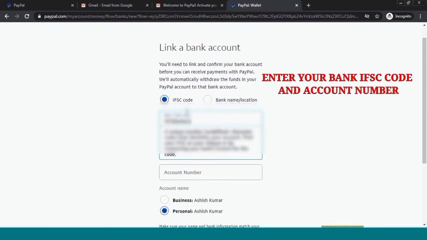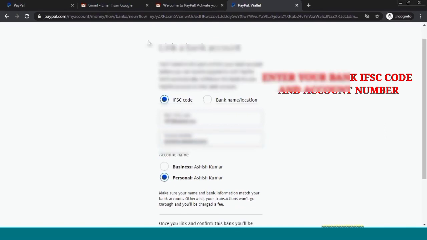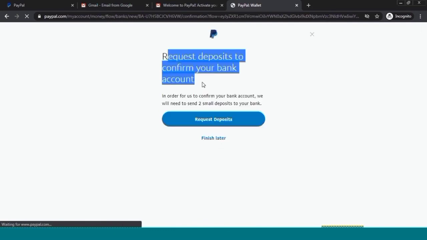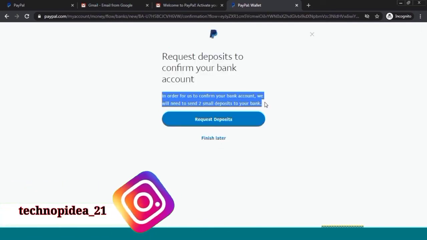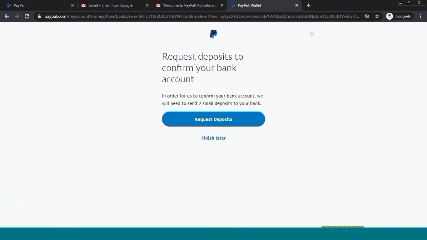You have to enter your account number, IFSC code, and select business or personal, whichever you want to add, and click on link your bank. After linking your bank, you will receive two small deposits from